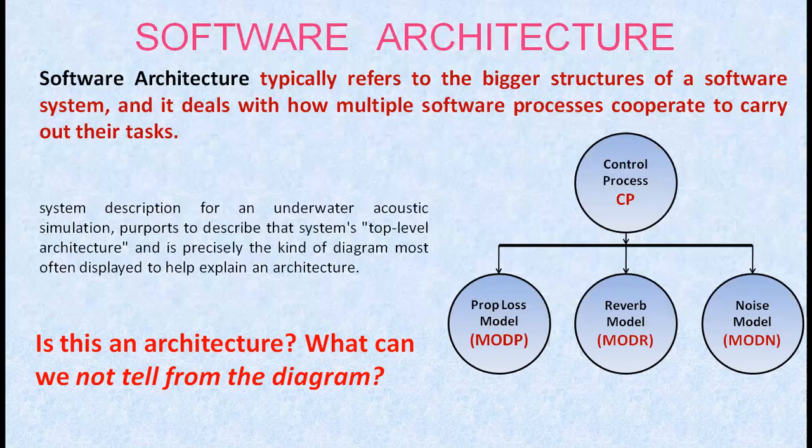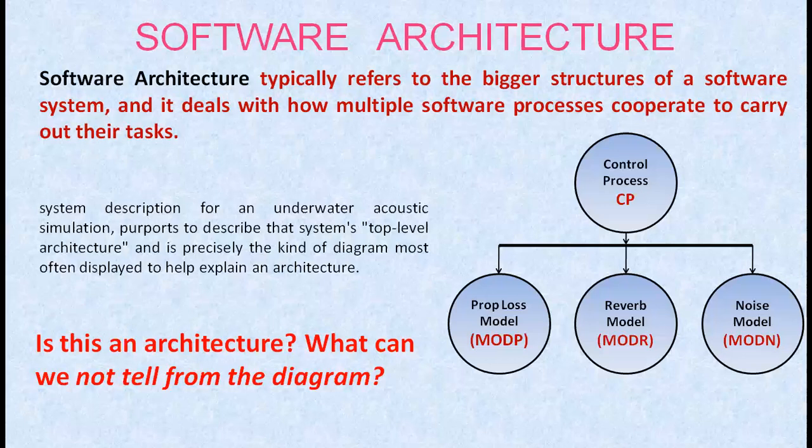What is the significance of these connections? Do these connections mean that the elements communicate with each other, control each other, send data to each other, use each other, invoke each other, or synchronize with each other? So what is the mechanism for communication, and what information flows across the mechanism, whatever they may be?